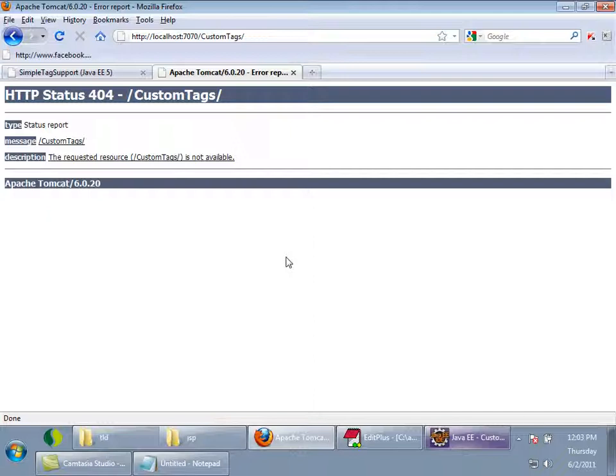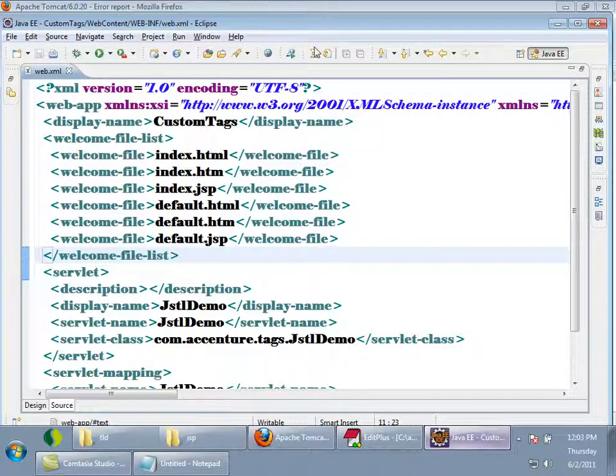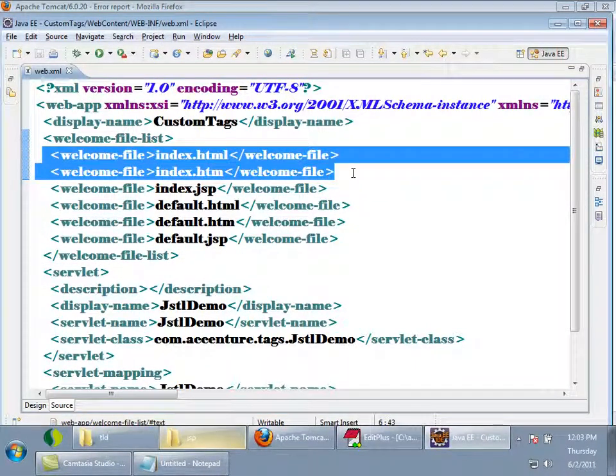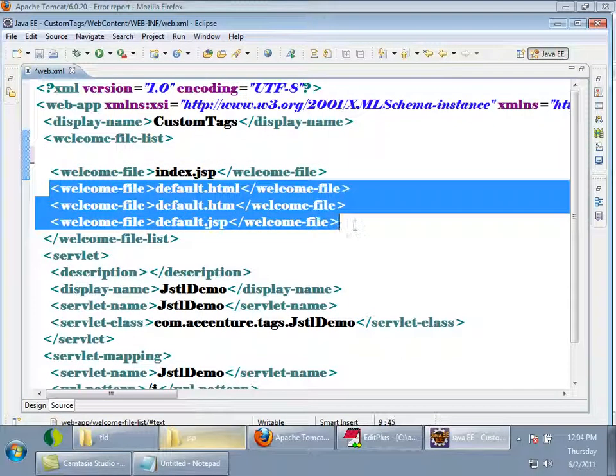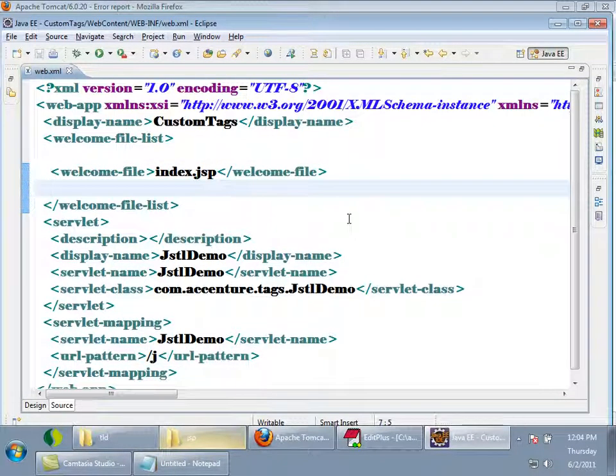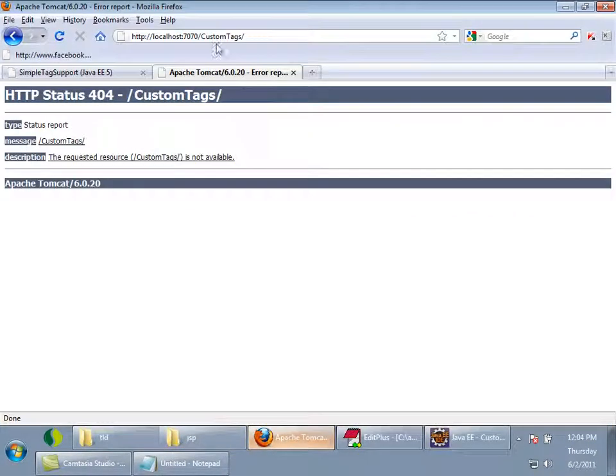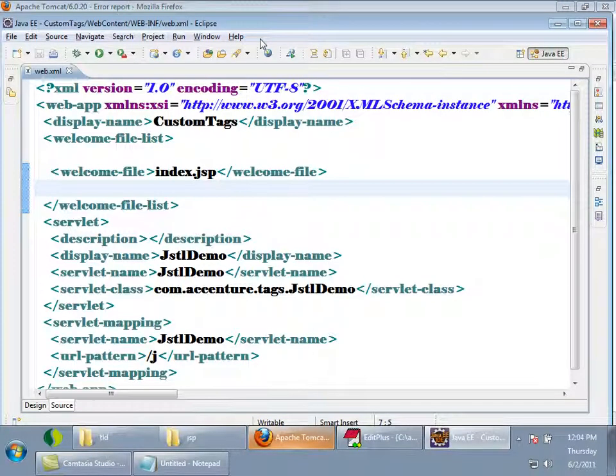So then what you have to do, you have to create any one of the files. Okay, now to be very simple, I will write index.jsp in the welcome file list. Suppose somebody gives slash, application name, slash, and after slash they don't give anything. Then which file will be displayed? The welcome file is index.jsp, that will be displayed. Now I have to create a file called index.jsp. Generally the home page of our application will be the welcome file, right?